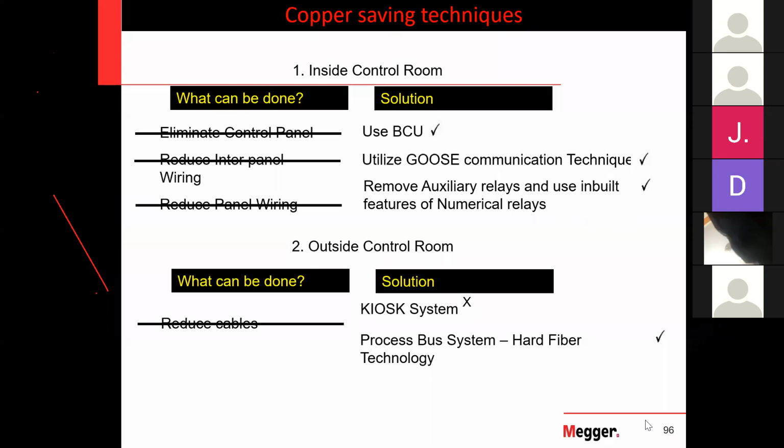We can do training. Once you have the numerical relay, we can definitely make the best use of it, because whatever we talk about, unless you touch the relay, we will not get the feel of it. It is just theory. Theory is always theory. Even in this kiosk system, the entire world believed it could be one of the best systems in the world, but after installation they found a lot of issues. Real field implementation only gives us the actual scenario.